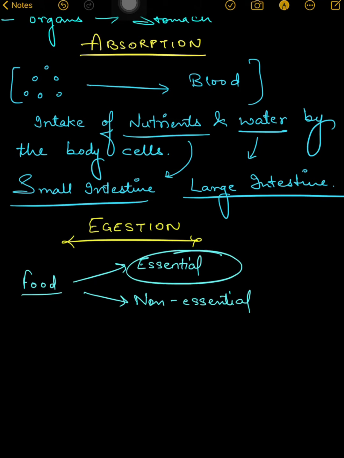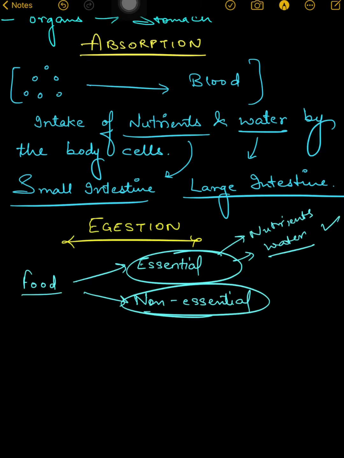So the essential part of the food like nutrients and water get absorbed in our intestine, whereas the non-essential part of the food does not have any nutrient in it. So our body has to get rid of these waste material, and to remove all these waste material, the process